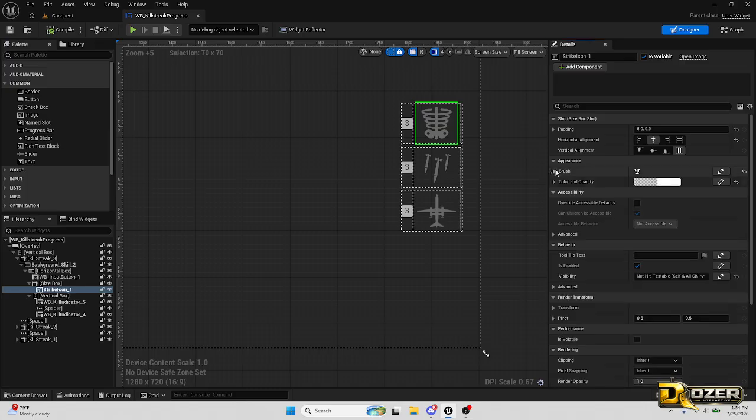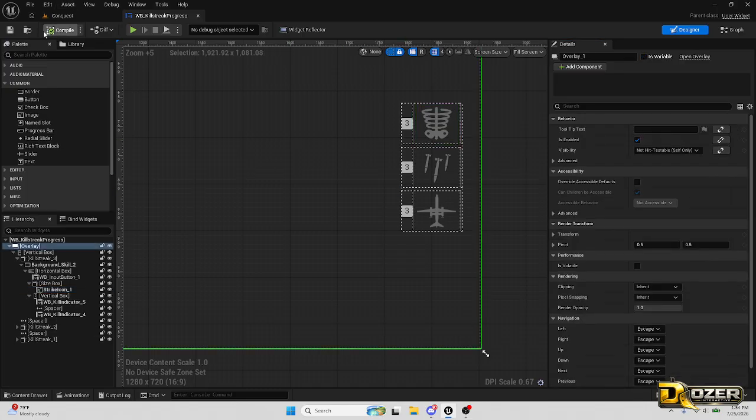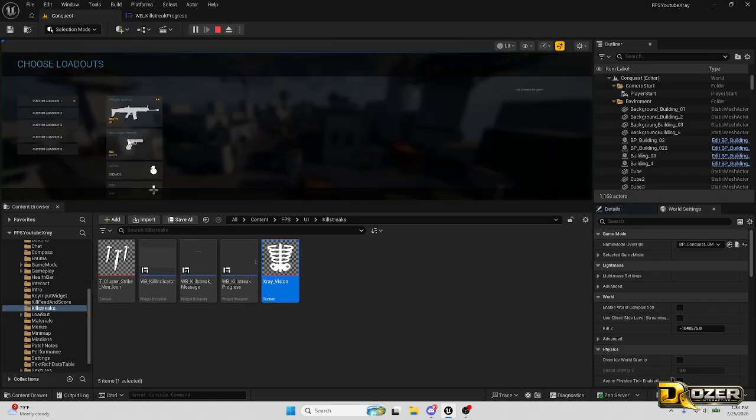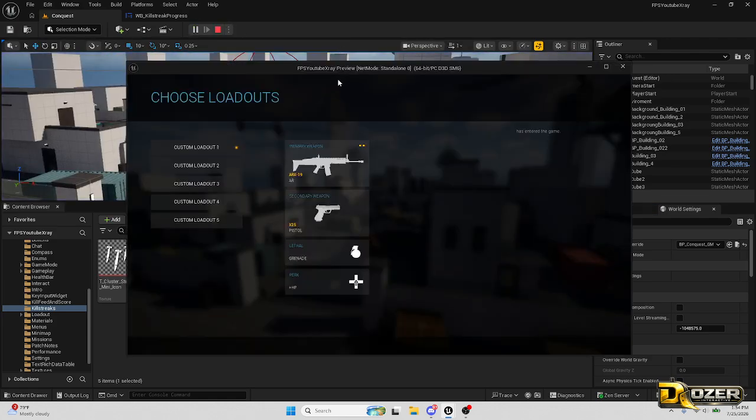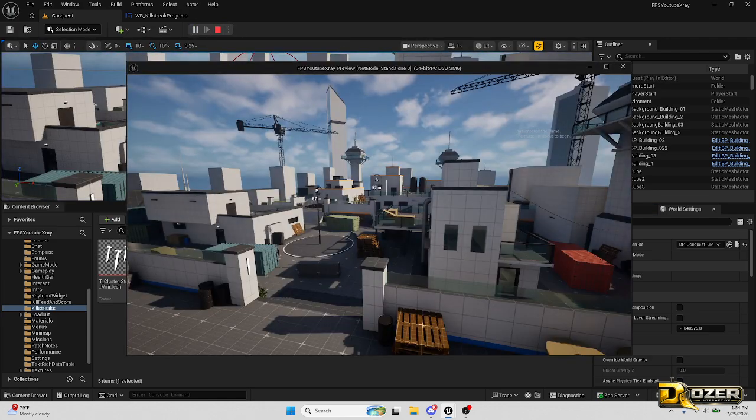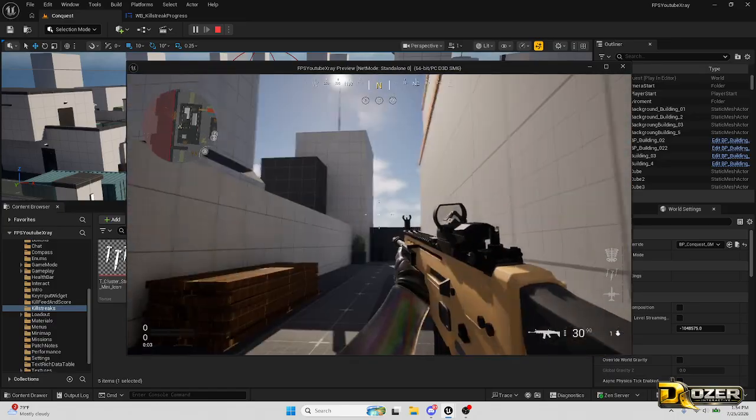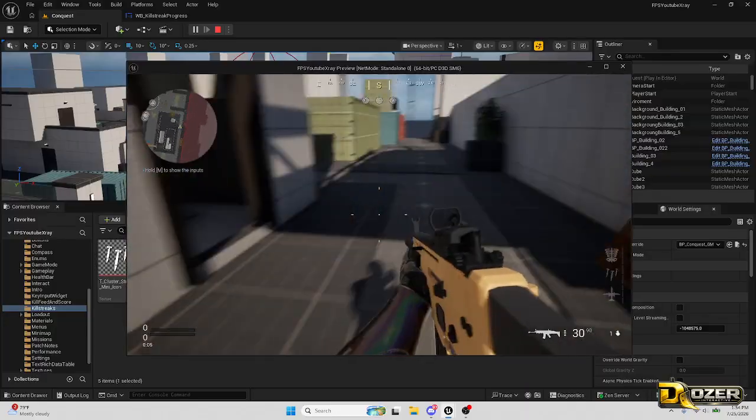Alright, so now we have our 3 kill streak UIs. If I was to hit play right now, let me put this in another window here. If I was to hit play, see if it shows over there in the corner. Yep, see, I have them showing now. So now you can see that it has